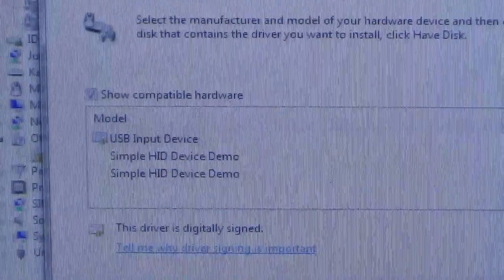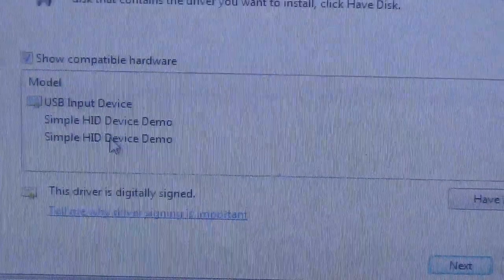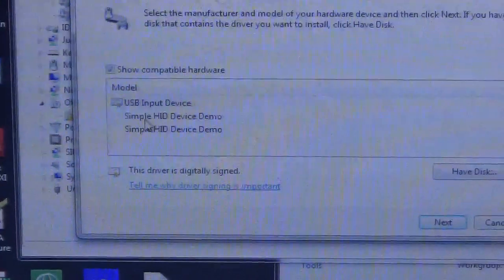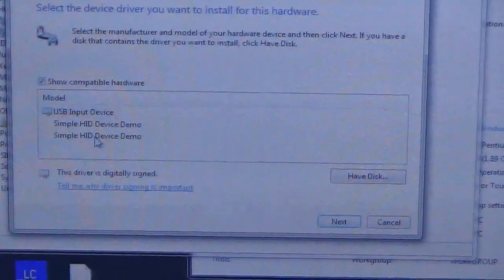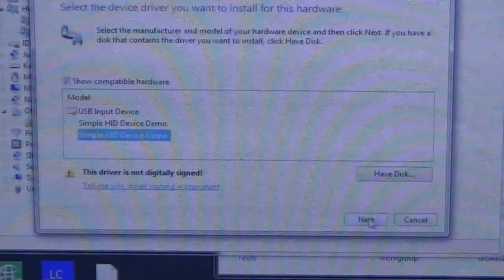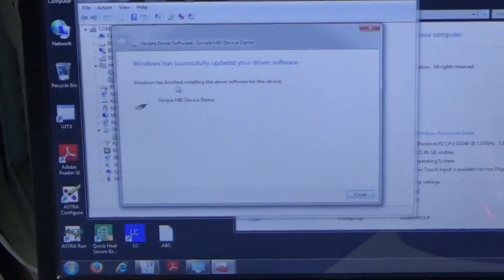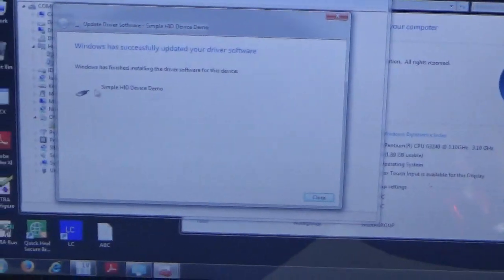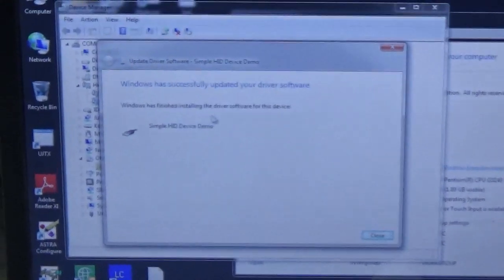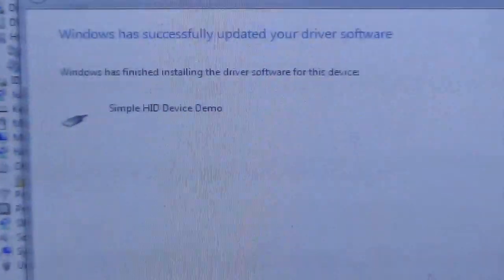You will get this window, again update driver software, USB input device. So you have to just select simple HID device demo. There are under USB input device. Select simple HID device demo like this and click on next. So you will get Windows has successfully updated your driver software. Windows has finished installing the driver software for this device. Close the window